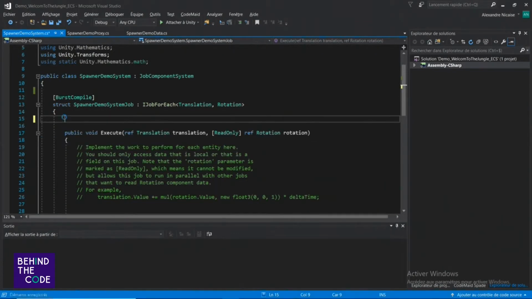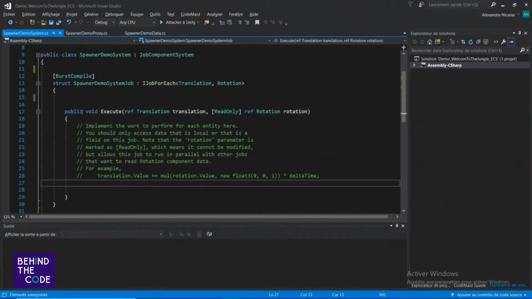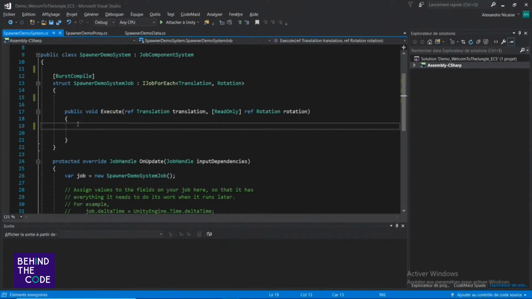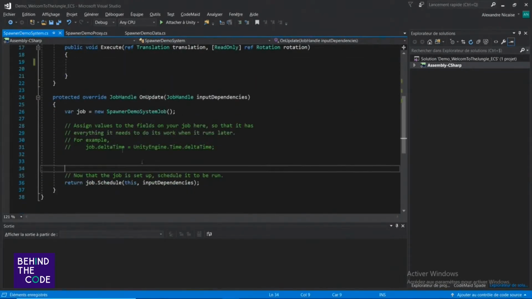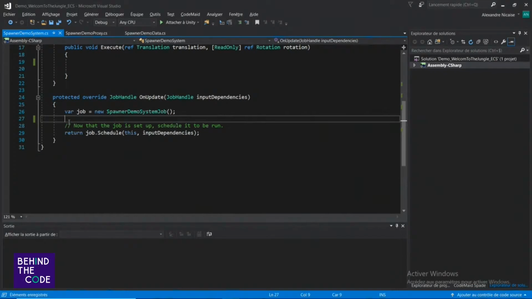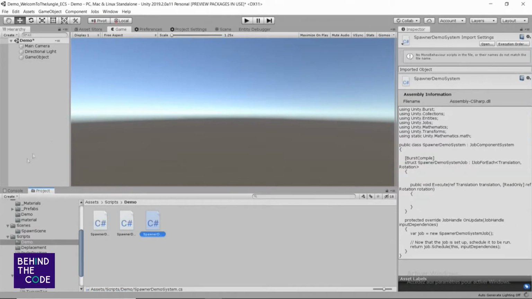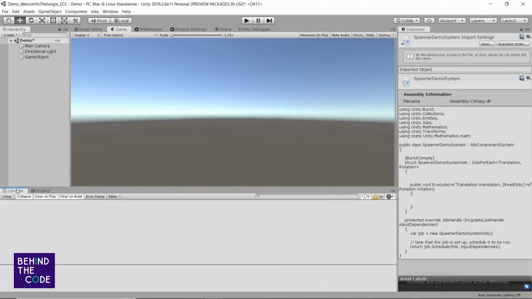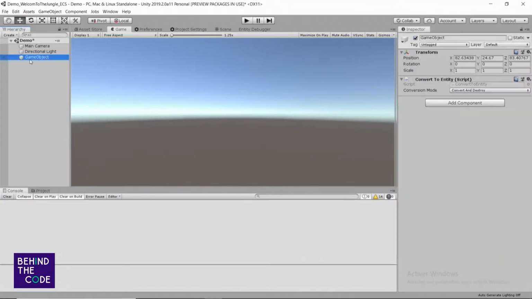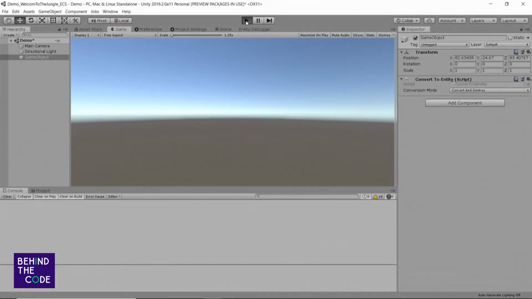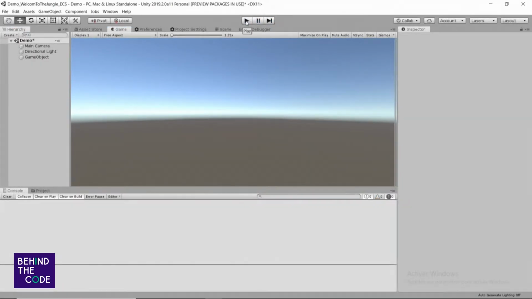Delete all the useless things like this, and voilà. For now, I will just launch the process to see if there is no problem. And there is no problem, it's good.